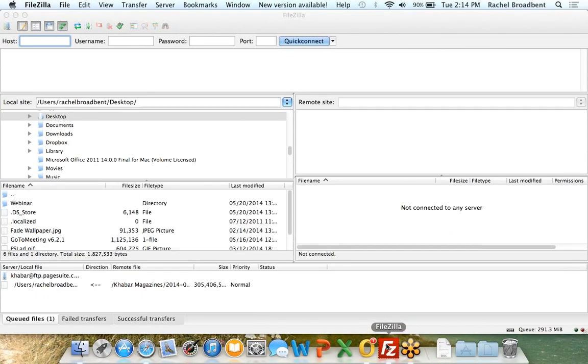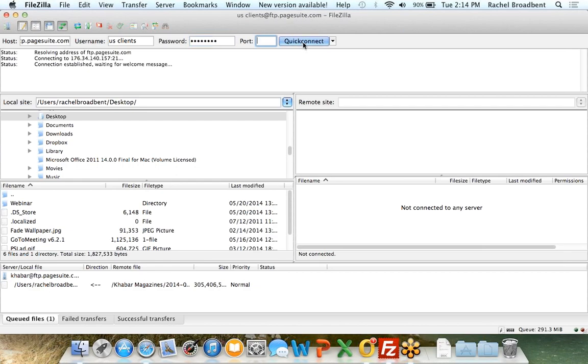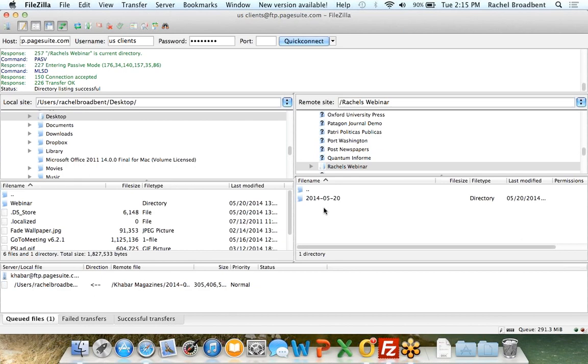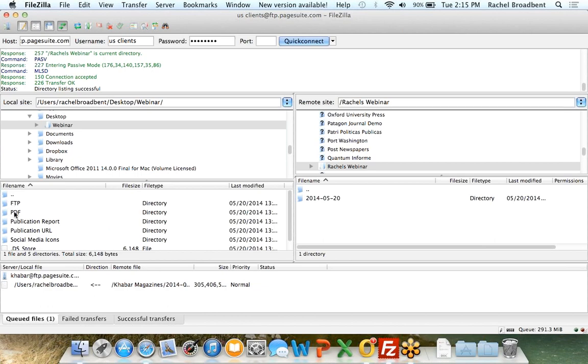I go here to FileZilla. I'm going to type all this in. Quick connect. Okay, so we'll see here's my desktop. Here are all of those publications. So we called this Rachel's webinar. We'll see here is that edition. So we're going to find the PDF,